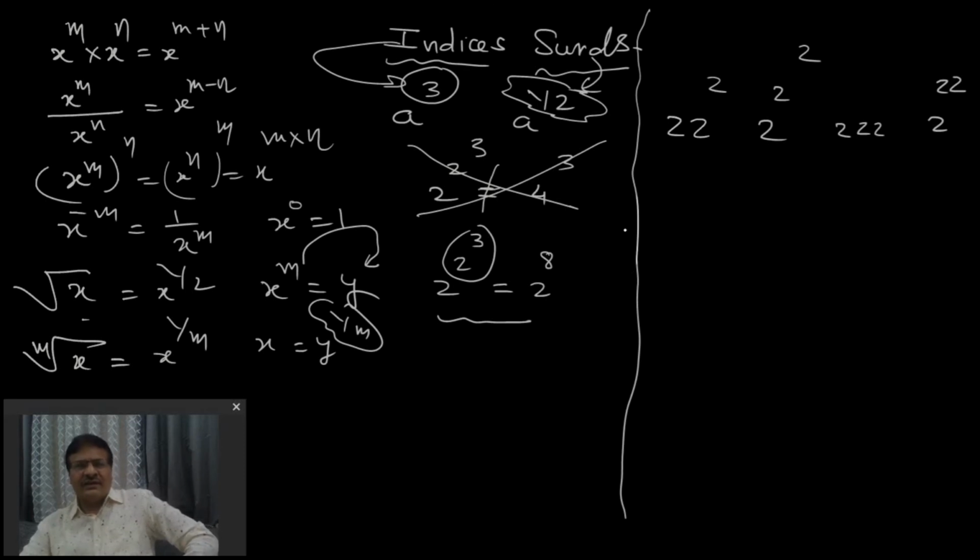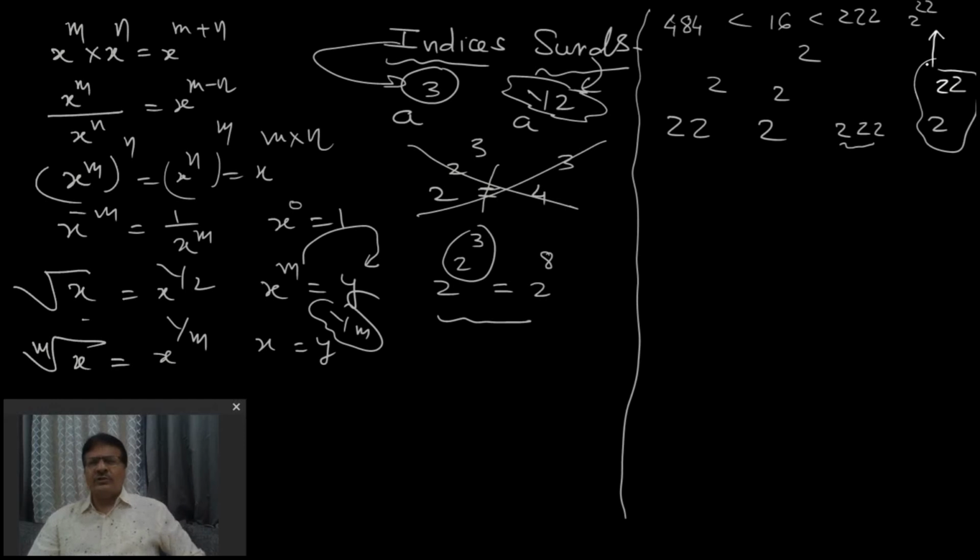Try to solve this question. This is 22 square, that is 484, right? 2 power 2 power 2 means if I solve the power first, then 2 square is 4, 2 power 4 is 16. So this is 16, and 2 to 2 directly gives 222. 2 power 22, just imagine, will be a very big number in comparison to that. So 2 power 22 is the highest among all these. Is that clear? 2 into 2, 10 times, I know is 1024. So 22 times will be very much bigger than that. So here the answer is 2 power 22.